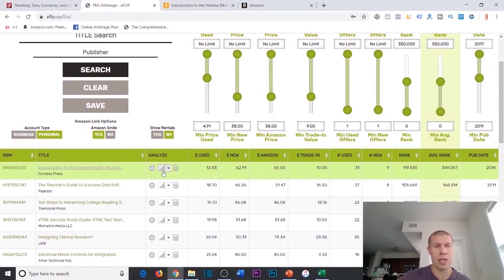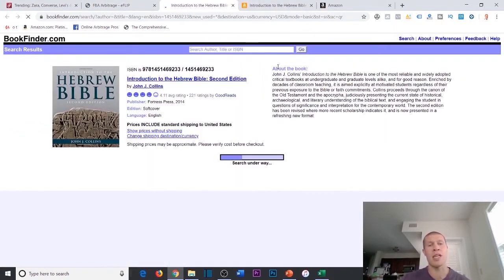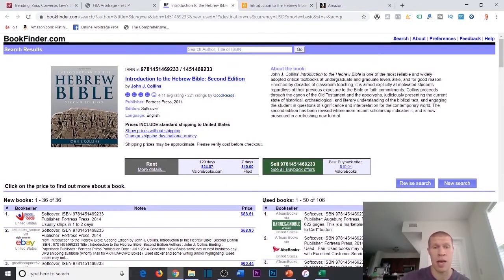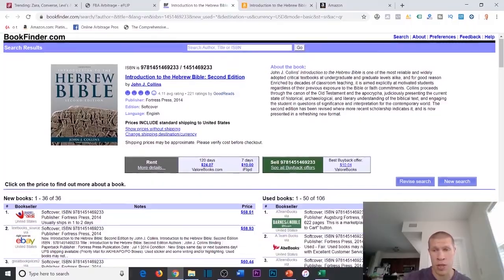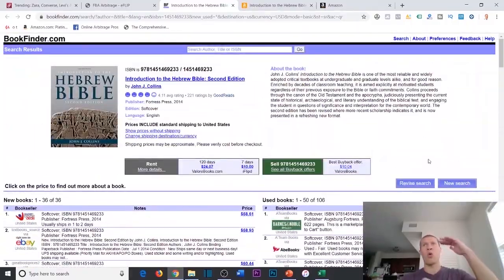Now I'm going to come down, I'm going to click this down arrow, and I'm going to go to the book finding software that's hooked up to eFlip, and I want to see, okay, what is my opportunity here? What can I source it potentially used? The right column over here is always used books, and it's going to show me different examples of used books in order of cheapest purchase price to most expensive purchase price, and same thing over here on the left with